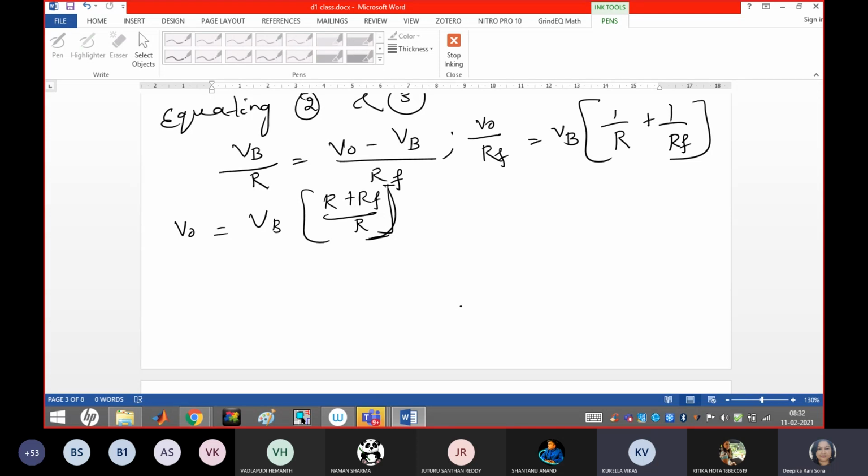Guys, you solve that and take R1 equal to R2 equal to R equal to RF. All the resistances you just take similar. So what will be the final answer? Can you please tell me? Yeah, solve it and tell. Now substitute the value of VB into the above equation. So V1 plus V2, ma'am.